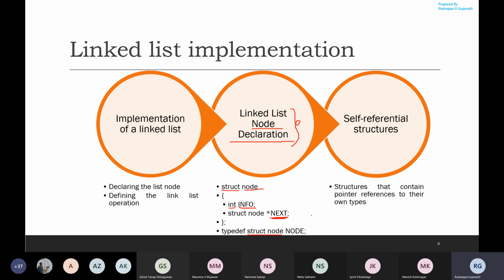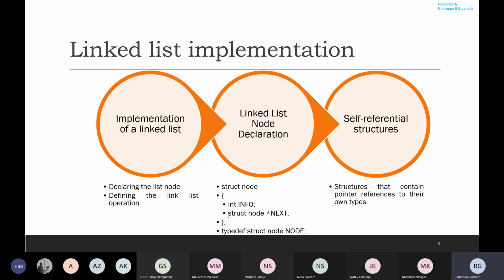Since it has to point to the next node, it should be a pointer which will be pointing to that data type. So in this case, it will be struct node. And here what you're doing is you're just giving an alternate name to struct node. So instead of using struct node everywhere, you can just use Node over here. So this is associated with the declaration of the node.